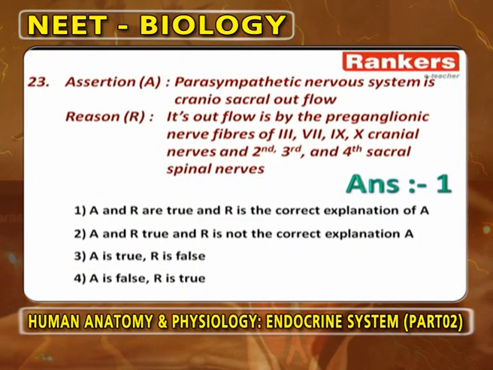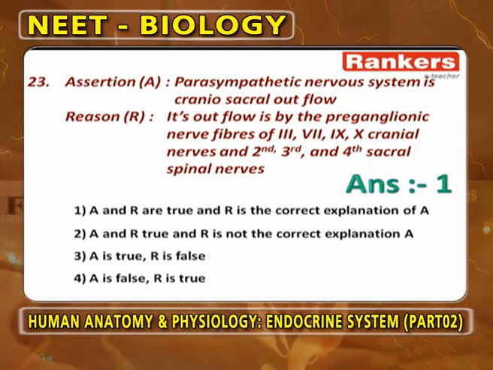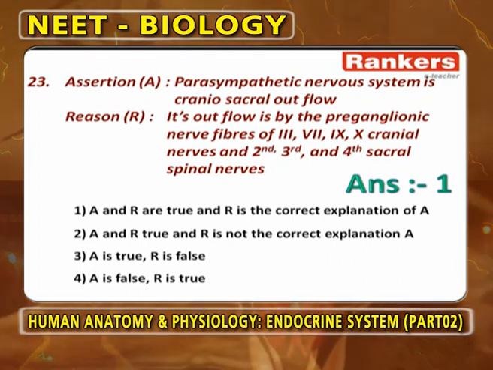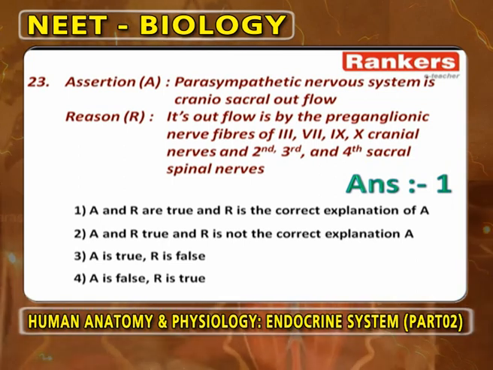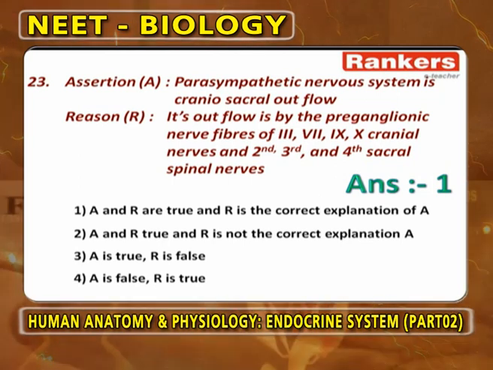Assertion: Parasympathetic nervous system is craniosacral outflow. You have to observe the question. Parasympathetic nervous system is craniosacral outflow, but not division. We are asking about outflow. Reason: the outflow is by the preganglionic nerve fibers of the 3rd, 7th, 9th, 10th cranial nerves and 2nd, 3rd,